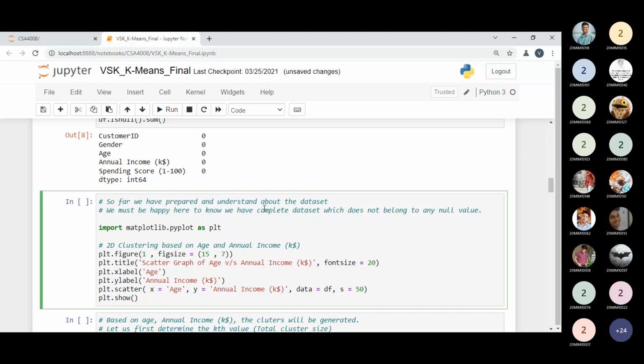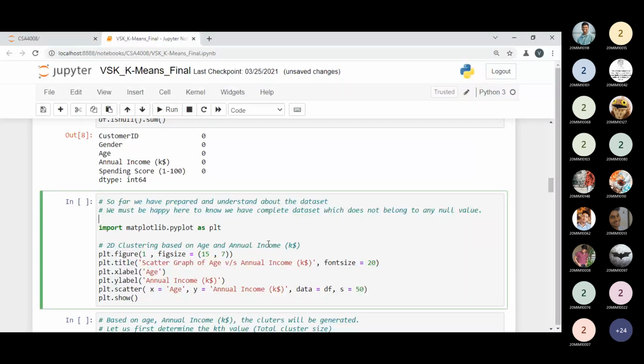Now, matplotlib is a package in which we have the pyplot library, which we can use right now. Through the matplotlib pyplot library, in a simple way, we can depict a graph that represents where the data points are lying. So I can ask a very simple question. We have these columns in our data set: customer ID, gender, age, annual income, and spending score. We can take annual income and spending score to represent our information in a simple way.